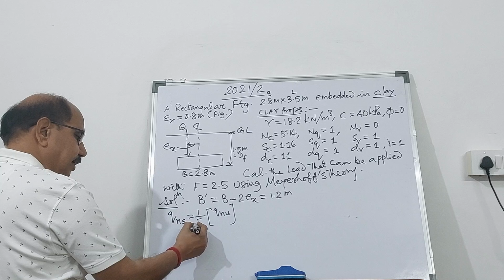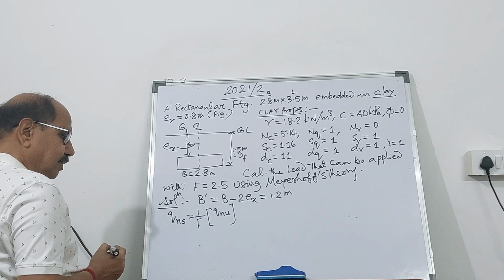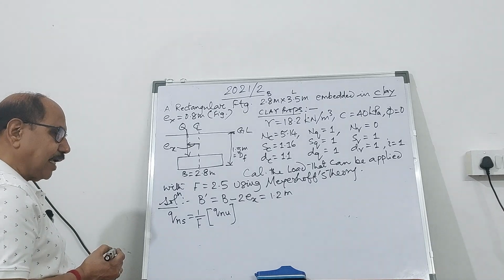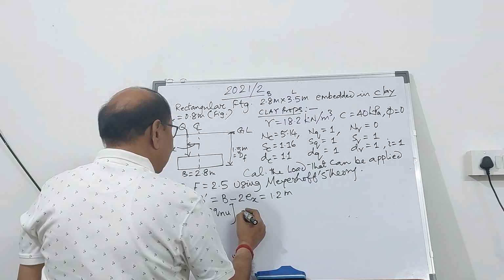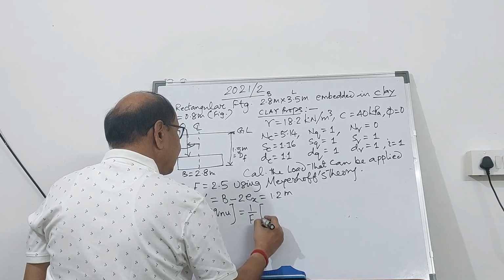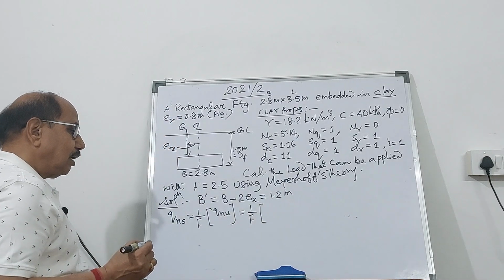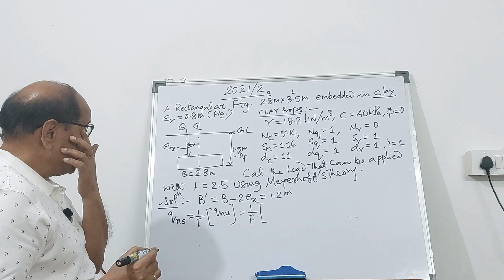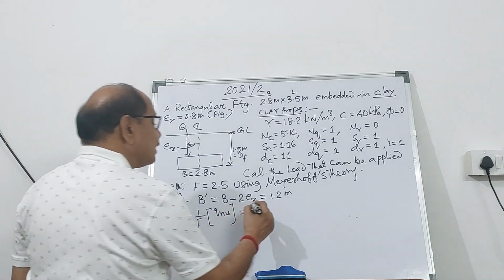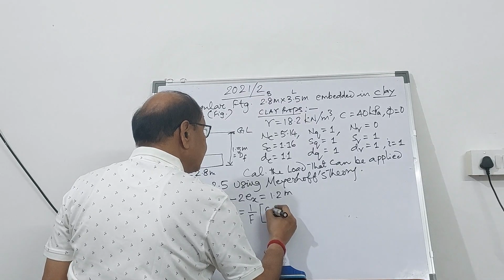So Q net ultimate divided by factor of safety will give you the net safe. So how will you calculate this? It will be 1 upon F, factor of safety, and for this soil, the net ultimate will be c Nc